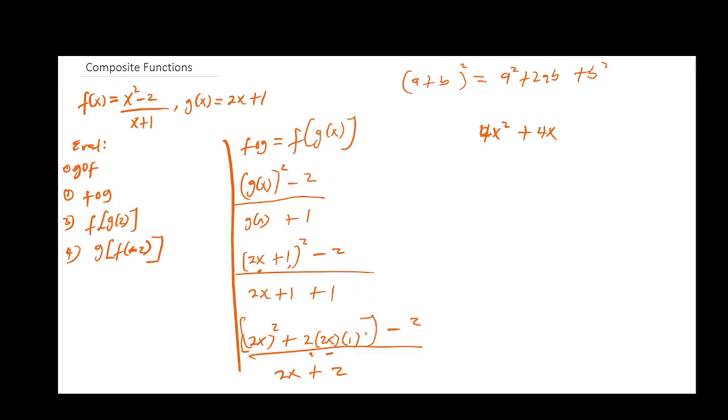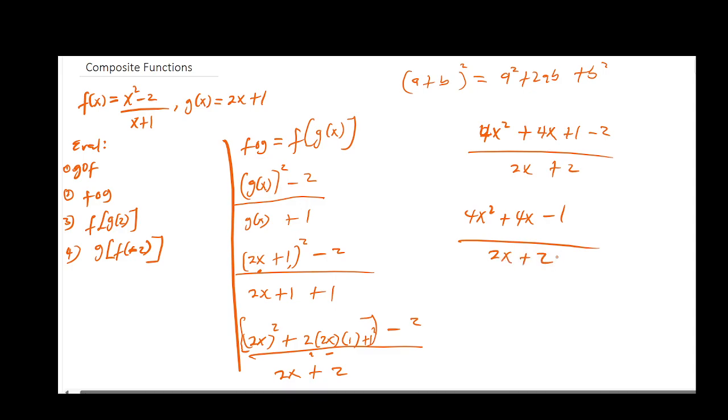Remember here there is plus 1 squared, so we are going to have 4x plus 1 minus 2 all over 2x plus 2, and this will give us 4x squared plus 4x. 1 minus 2 will give us minus 1 all over